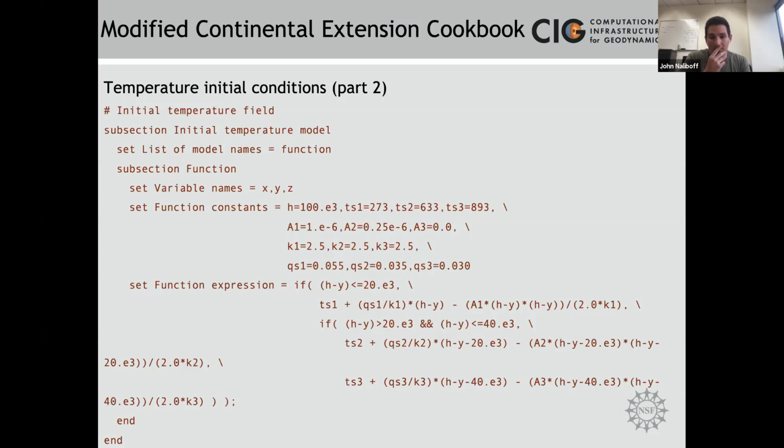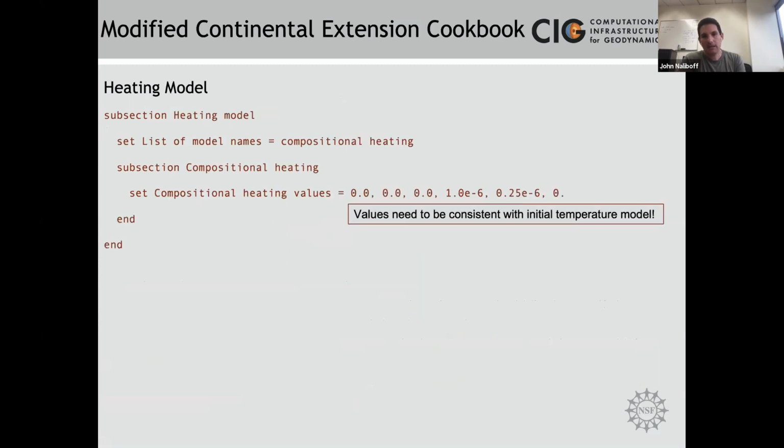Now I realize I'm going through this very quickly, but I'm happy to show people how to set this up in a Python script or answer more questions about this later on during the discussion or in a separate one-on-one session. The heating model, so then we have radiogenic heating, which we actually use to set up the initial temperature